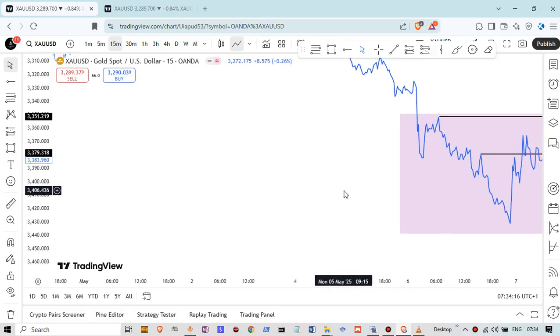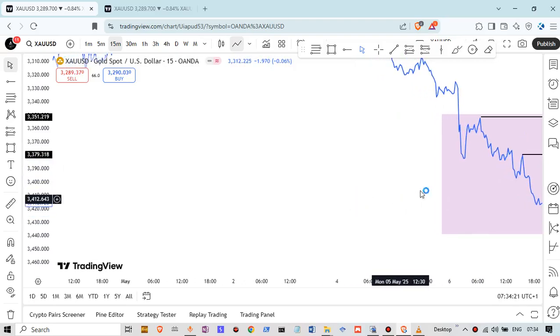Okay, good. So now imagine that you can see where my mouse is, right? Imagine you were here. This is one major high over there, and this is another major high over here. Now imagine that price was just there, and from a major high. Take note that this low has been broken.